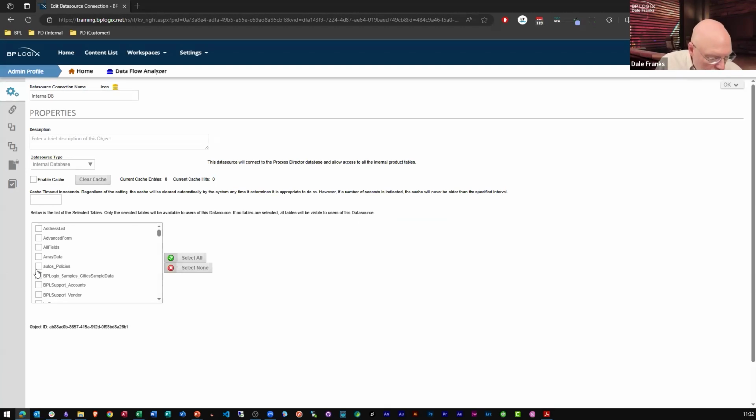I only want people to see this table from this data source. So anytime I use this data source, I only have access to this one table. And so it may be that some developers do not have access to that global data source, while others have access to this data source.